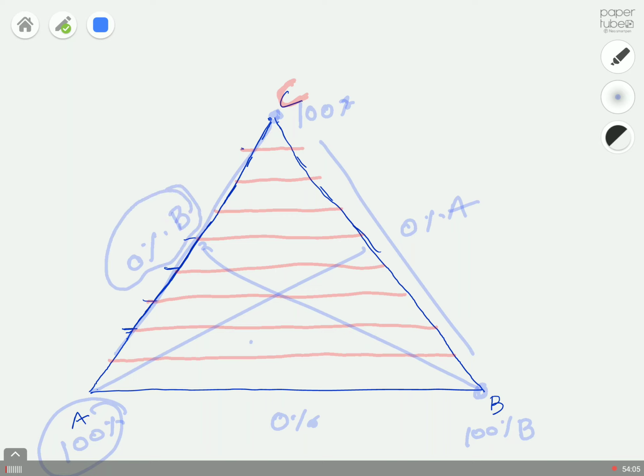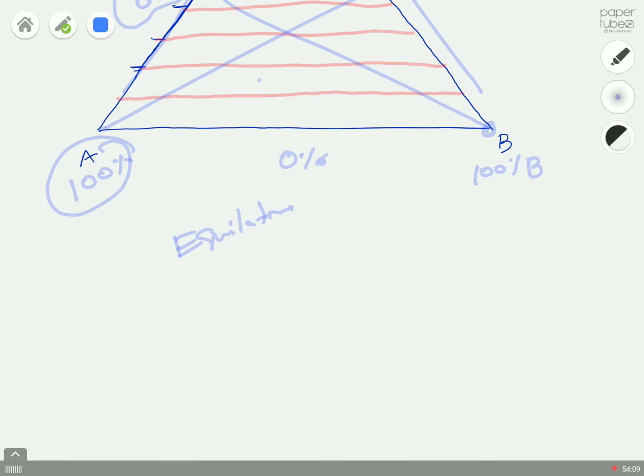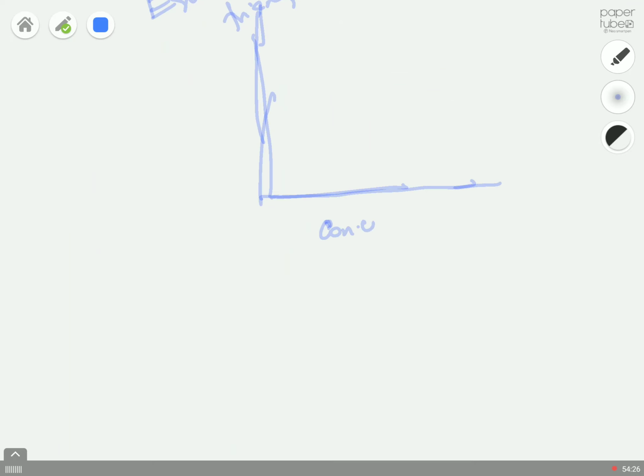Yeah, so you can plot this. Everybody knows this one, this is an equilateral triangle. You can plot this in a right angle triangle using a normal graph sheet. But we will miss one component, so we will take only the concentration, or the fraction of solute in extract and raffinate, and fraction of